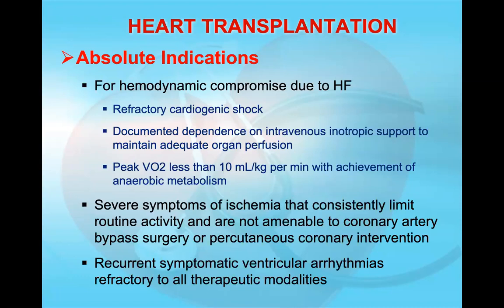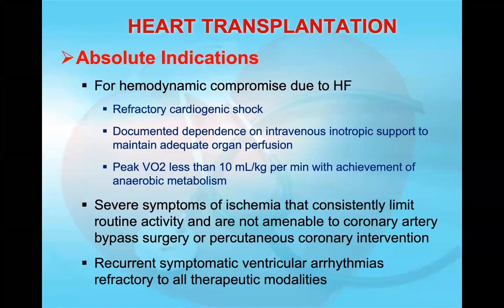So, certain absolute indications were found for heart transplant. Hemodynamic: an absolute indication is, of course, a refractory admission, the same thing, refractory admission due to refractory low cardiac output and end-organ perfusion, and also due to acute cardiogenic shock. The data has classified these as high-risk transplants, versus the elective and stable patients who are medically controlled and called simply after a heart is found for them. Dependence on inotropic support is a risk, and it is an indication.